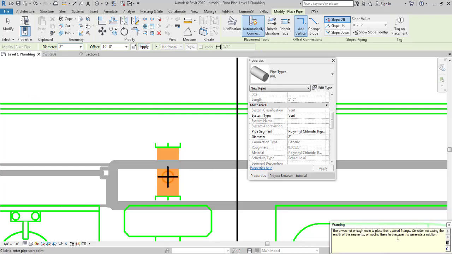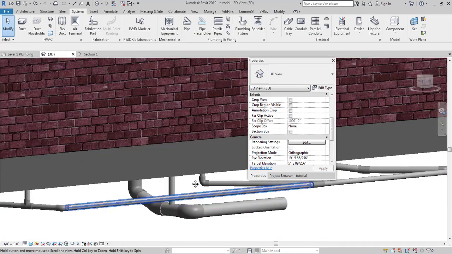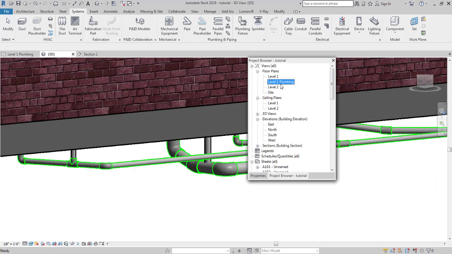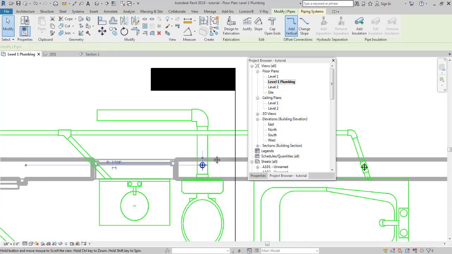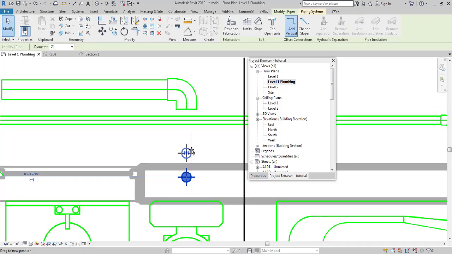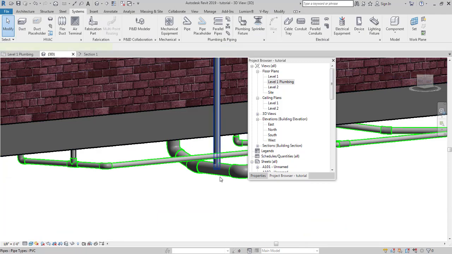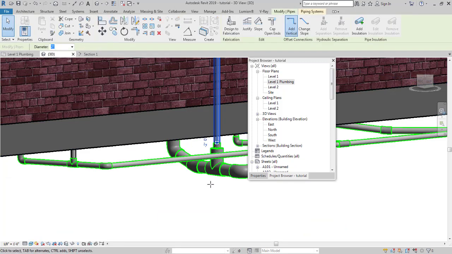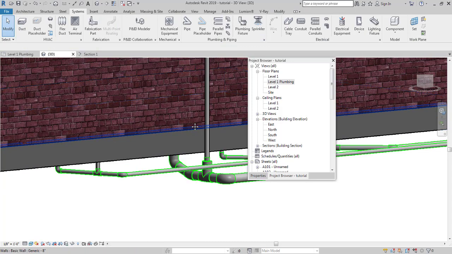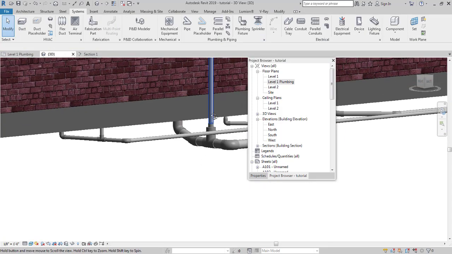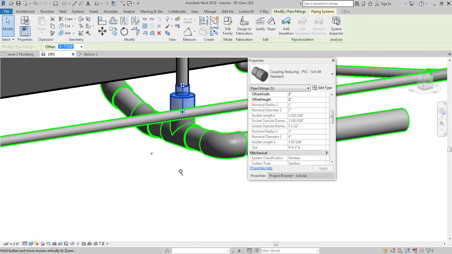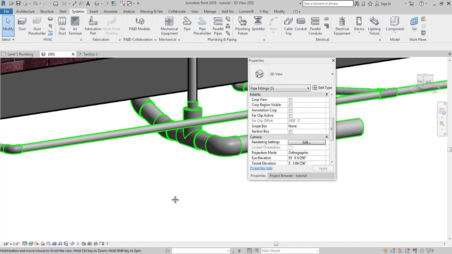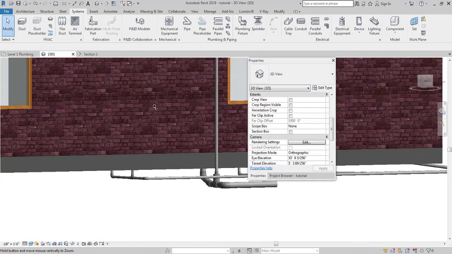There was not enough room. Okay, I believe there wasn't enough room because of the fact that, let's see if we drag it out, and can we connect it again? Okay, now we can connect it. Well, apparently when we're creating the riser, there wasn't enough room to create this fixture here, this reducer over here. It needed a little bit of space, but now it has it, and well, that is good.